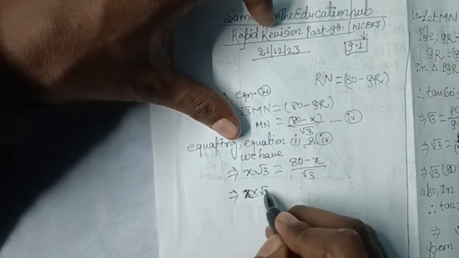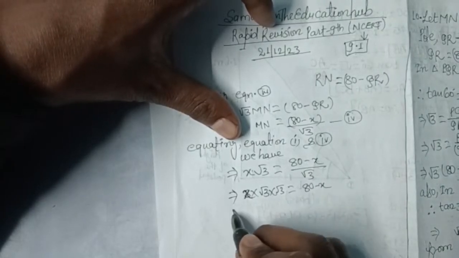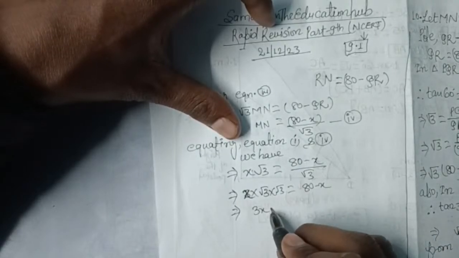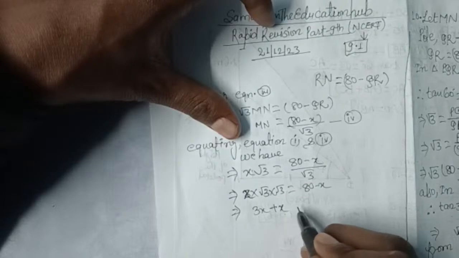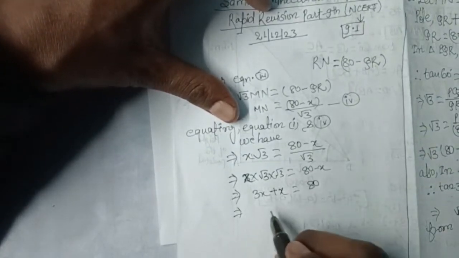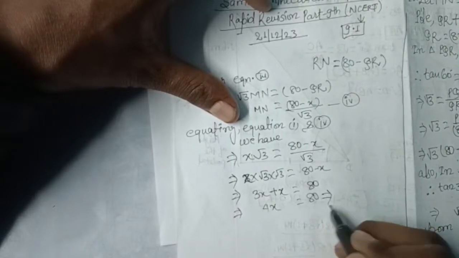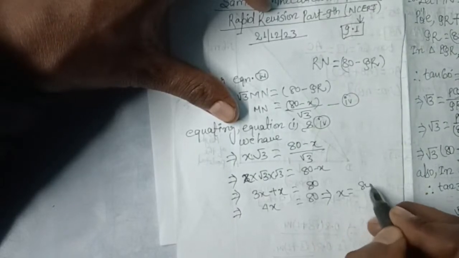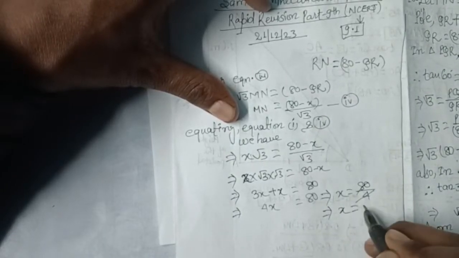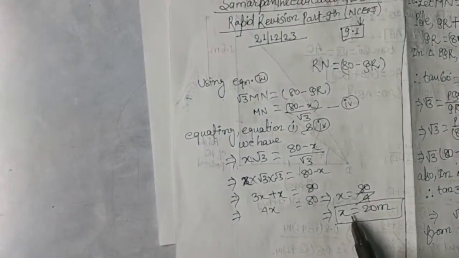x multiply √3 multiply √3 equals to 80 minus x, that is 3x. Here it is in the minus sign, therefore it will come to this side in plus, therefore 4x equal to 80, therefore x equal to 80 by 4, therefore x equals to 20 meter. So we have found out the value of x,